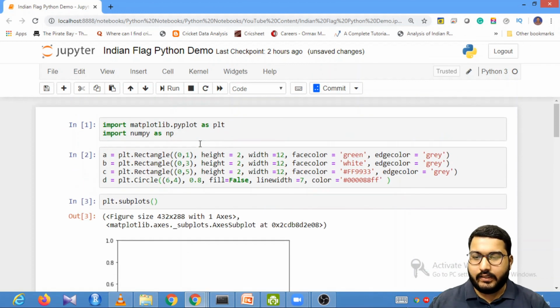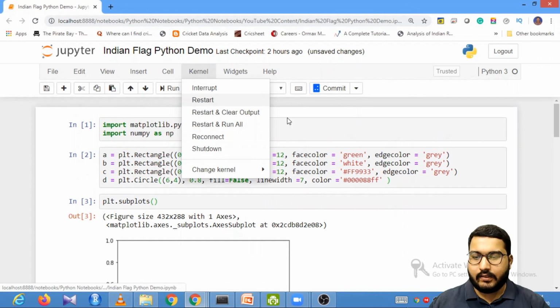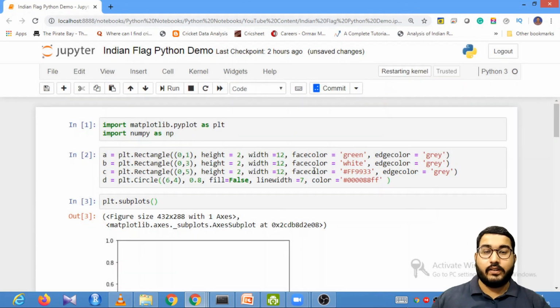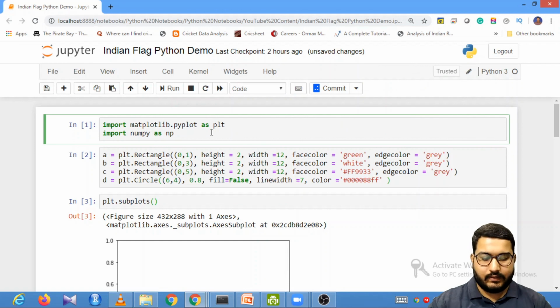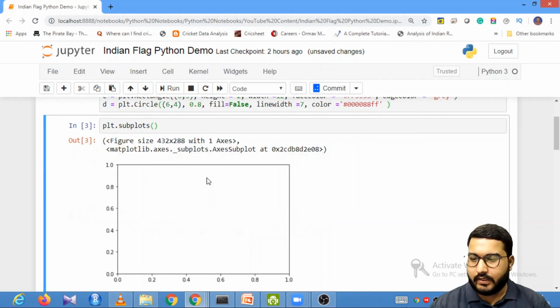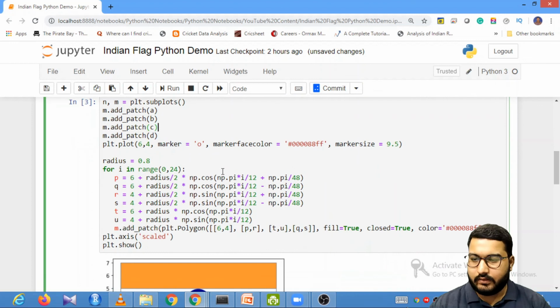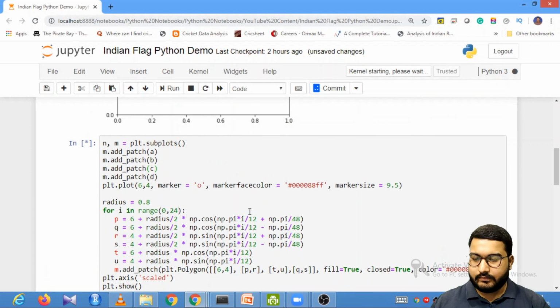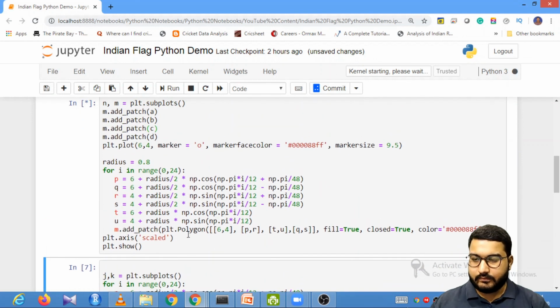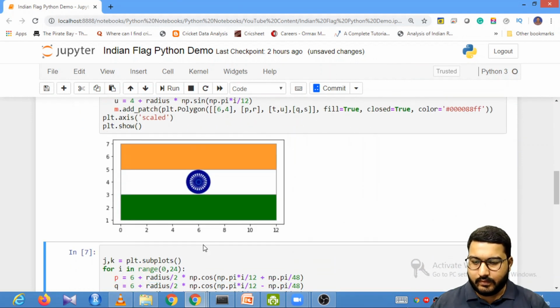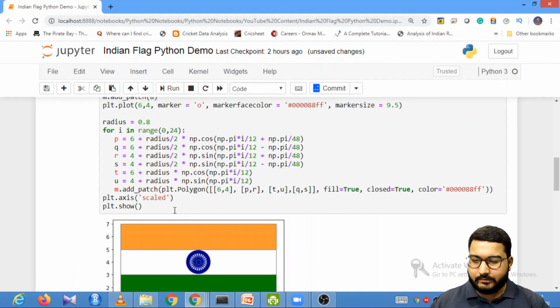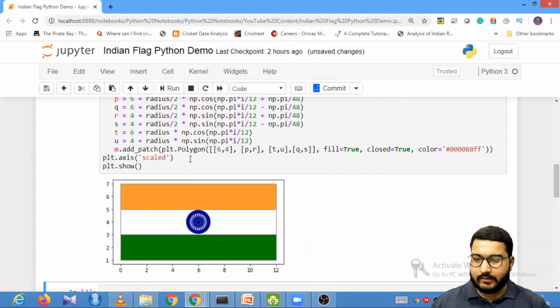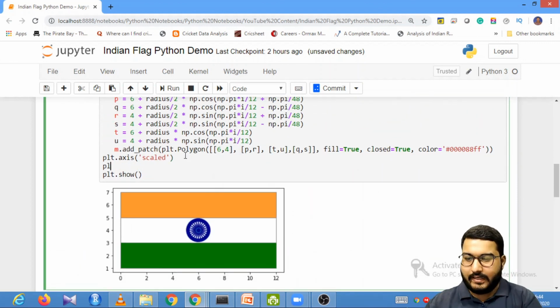Okay, let's try to restart my kernel, and let's again run the code to check whether this is working or not. So let's run this first part, the second part, and this is your third part. Now you can see that we have the triangle, like we have the Tiranga with us. We can also get rid of this axis. We can just say plt dot axis and turn this off.